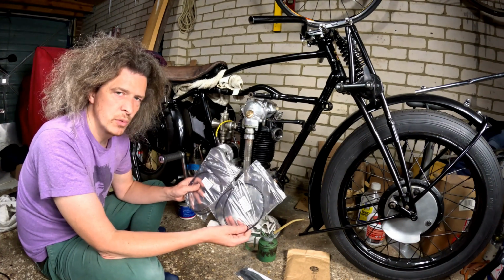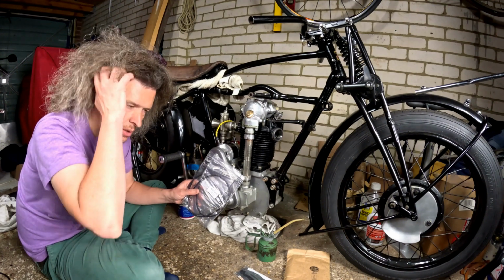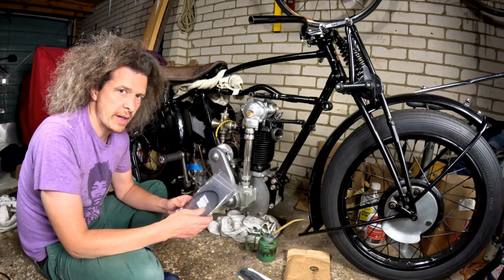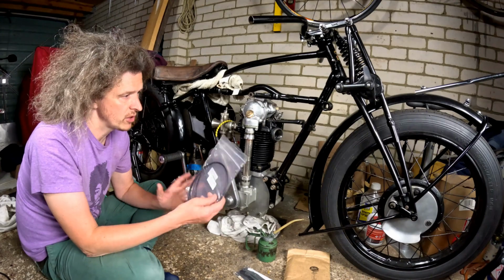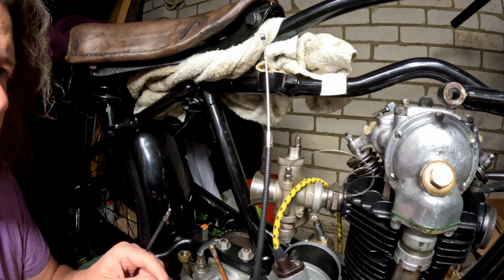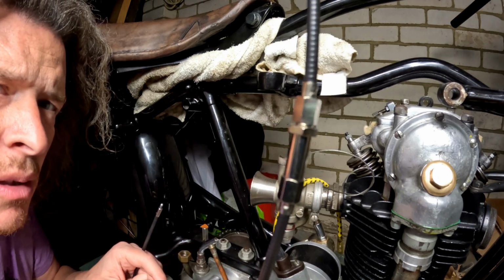So it's a gamble as to whether they're going to fit. I don't know why I picked this pre-monoblock carb, but I must have done a bit of research and figured it might work. Like I said, we'll have a look and see how we get on. If they fit, I'll be loving it, because that's the first cables on the bike. Okay, so we'll start with the main throttle cable, which you'll see has got a midway